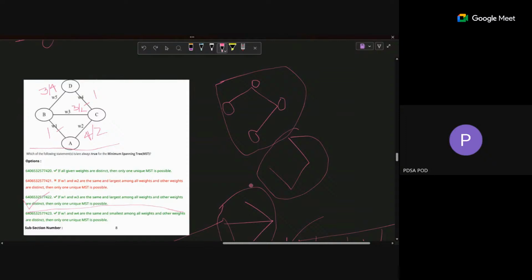Okay, we are not looking to check how many input graphs are possible and then calculate the answer. This is not mentioned in the question statement either. We are not asked how many unique MSTs are possible for all possible input graphs. This type of thing is not mentioned. So for this type of theorem-based question, just assume only one possible input graph and check